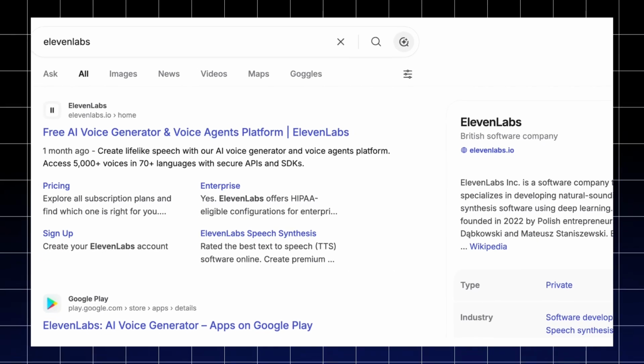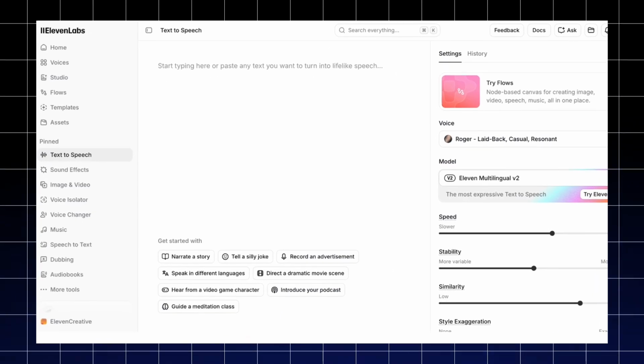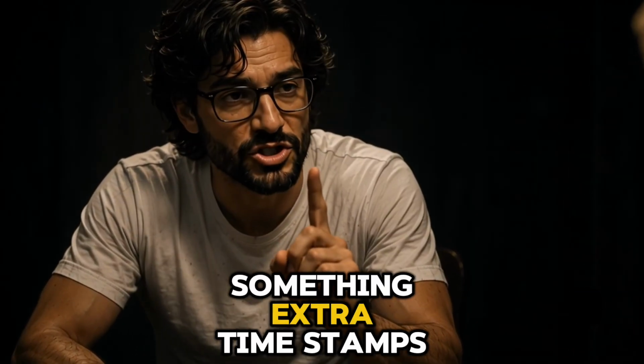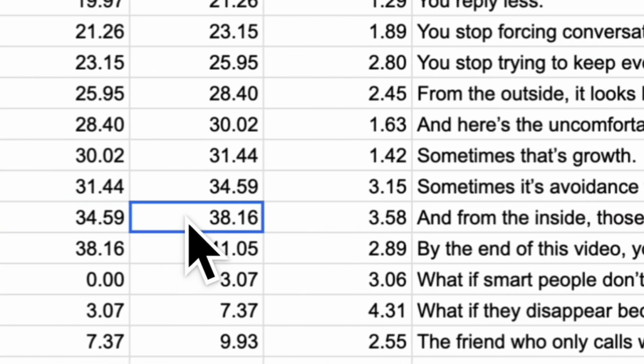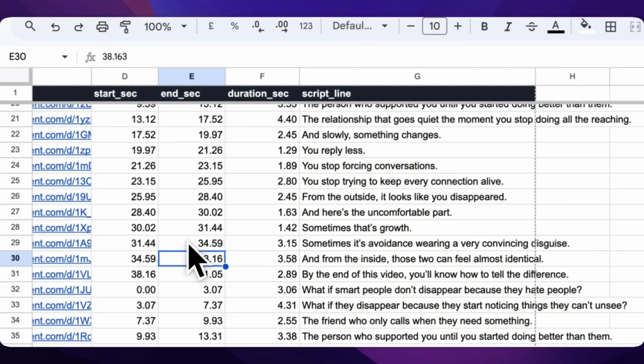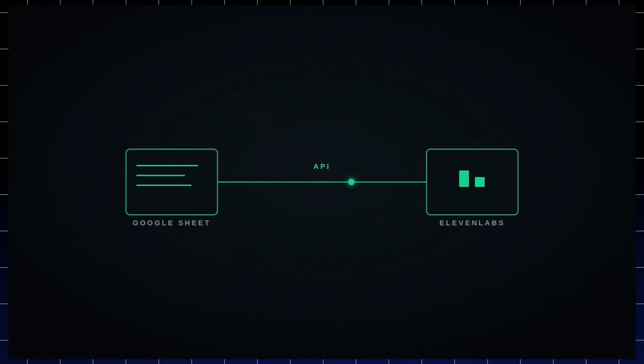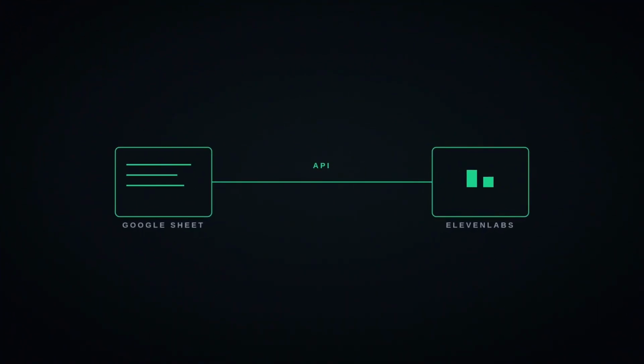The first thing we need is the voiceover. You can generate it manually on the ElevenLabs website, but for automation, we need something extra: timestamps. The system needs to know exactly when each line of narration starts and ends, so it knows when to switch to the next image. So just like the image generation workflow, the Google Sheet talks directly to ElevenLabs through its